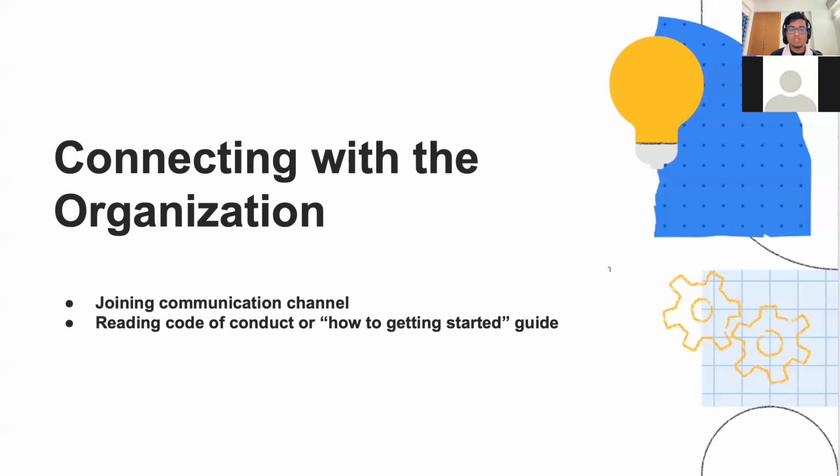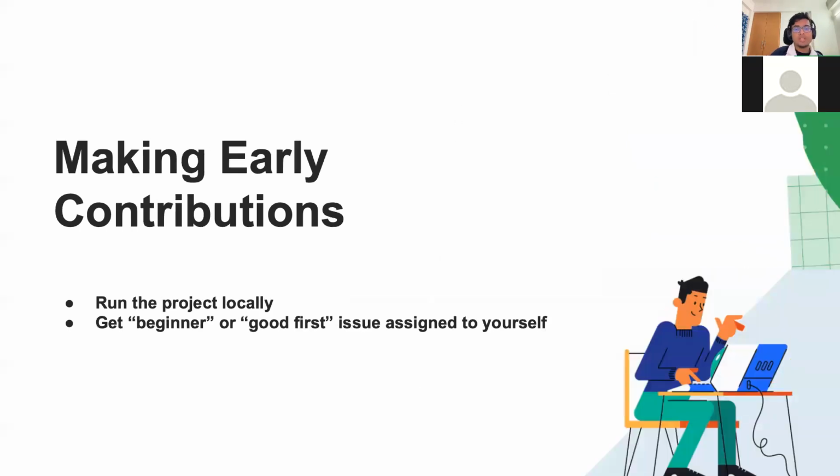If the org does not have any getting started directions, still try to deep dive into the code base yourself, or Google whatever doubt you have. And if you are still unable to find the answer, you can contact the mentor. But when you contact the mentor, also state all the legwork and groundwork you did before asking that question, because it shows that you have the willingness to actually find your answer yourself and you don't require spoon feeding. So the next point is making early contributions.